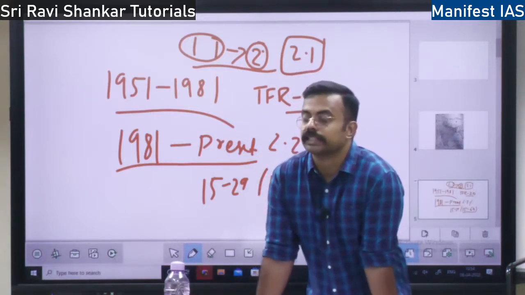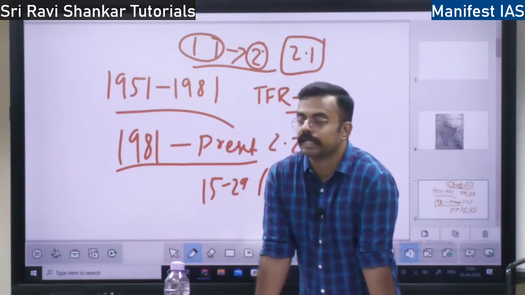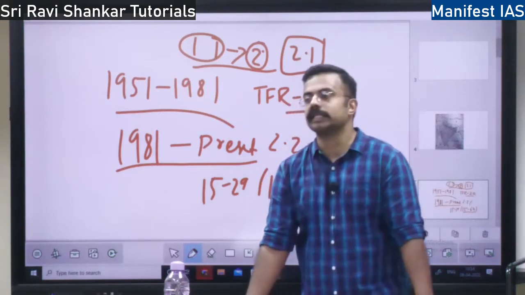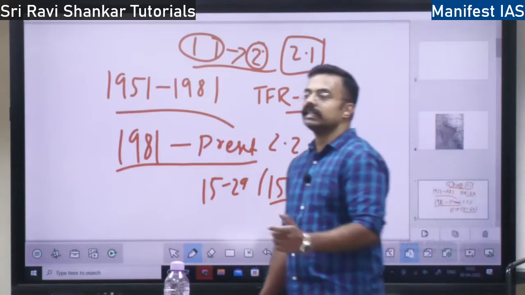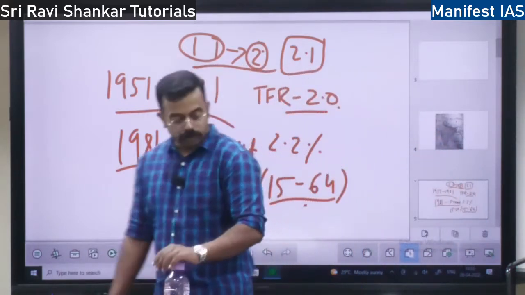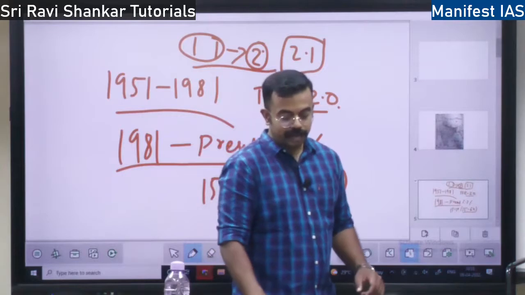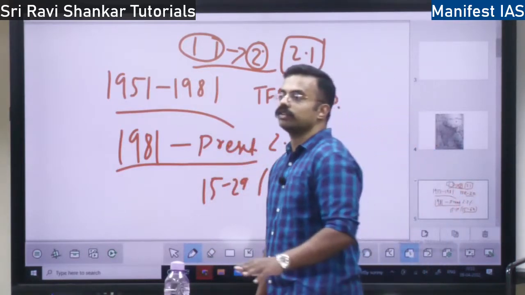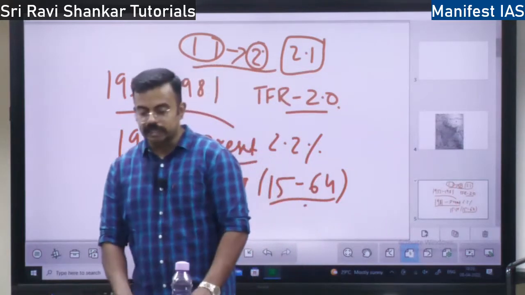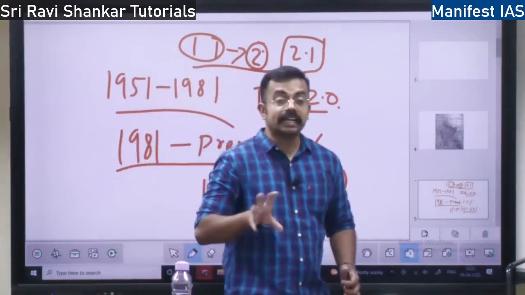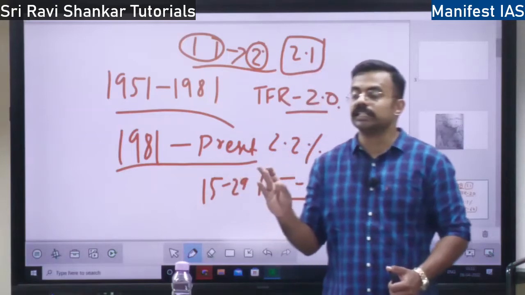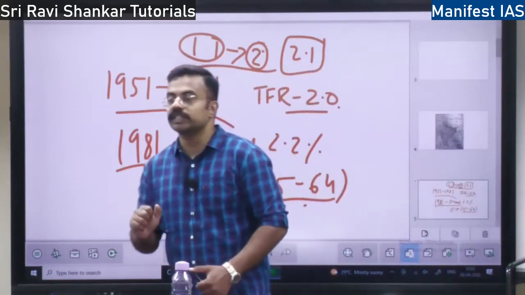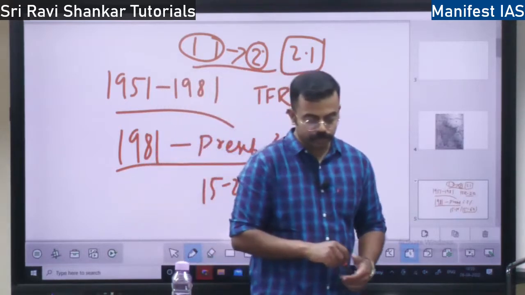What is the sex ratio of the population? How many males are there, females are there? Where is this population residing? Are they residing in the urban area, rural area? What is their language? What is their religion? All these come under the composition of the population. If you are studying the population, to study the characteristics of the population with respect to religion, language, age, sex, gender, education levels, this is the study of population composition.